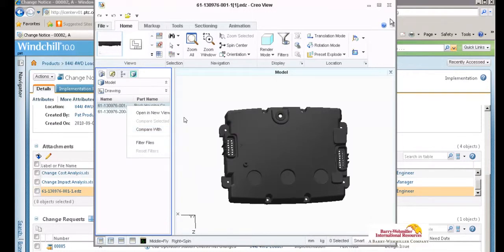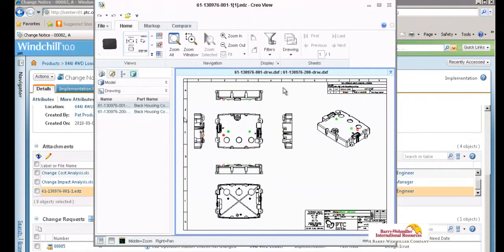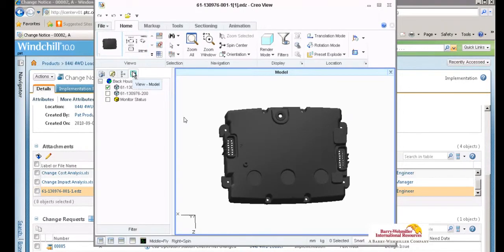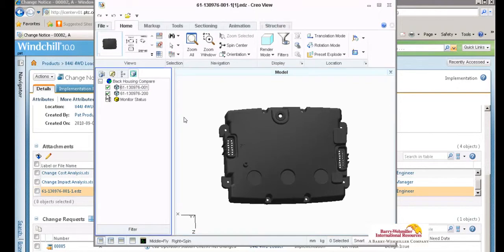So let's open the first drawing. And once we start comparing both the drawings, you could see that the red color indicates the changes in the first drawing, and the green color indicates the changes in the second drawing. So it clearly helps us to understand that one of the mounting boards is removed and there are a couple of mounting boards added. So this is basically a comparison report that CreoView helps us to get,